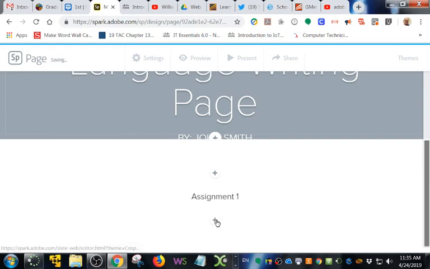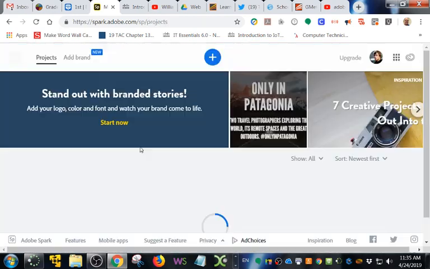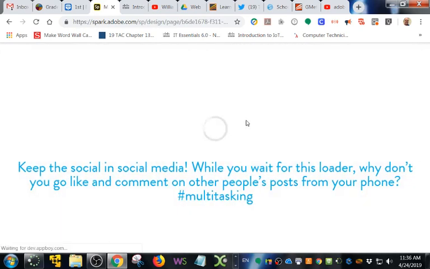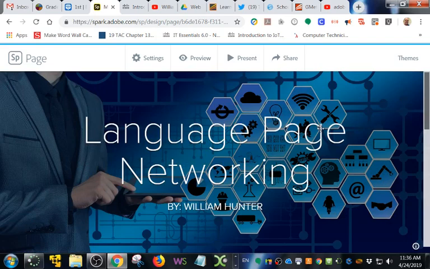and so then they hit the plus again, do text, and then it'll indent it, and so they write about whatever the topic is for assignment 1. And then the same thing for 2, we do plus, and I do assignment 2. That way everything stays organized. So the idea is whenever they're done with it, they'll have some sort of an item where you've got a visual representation of what their